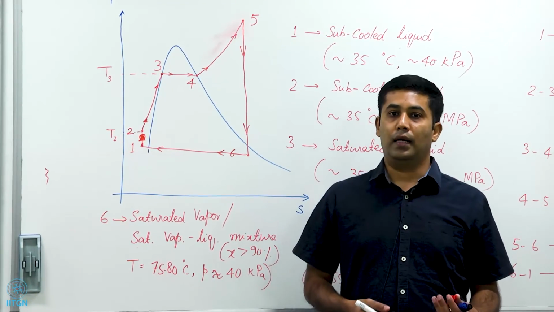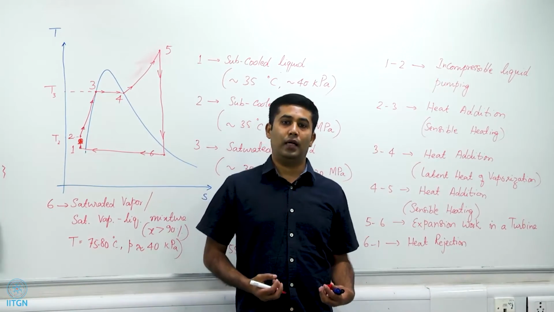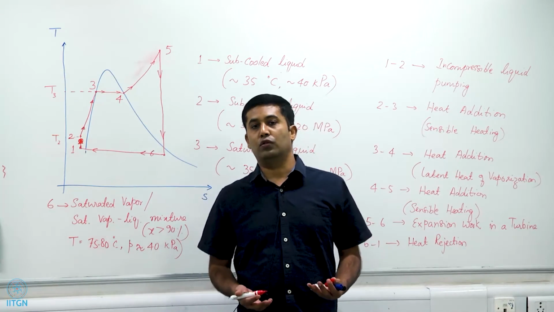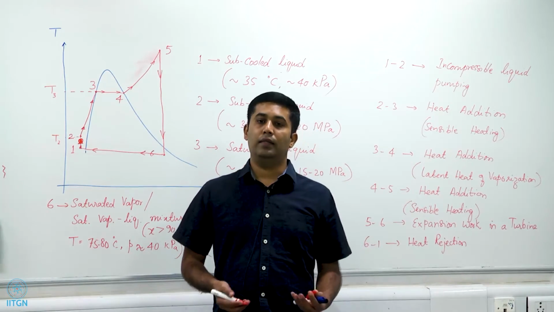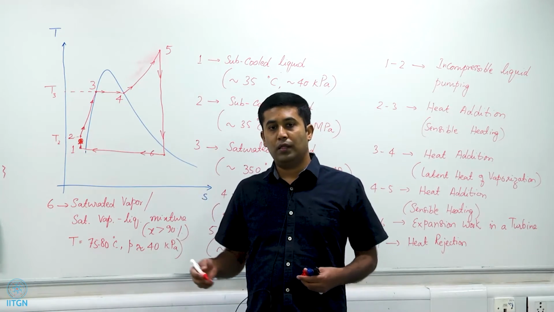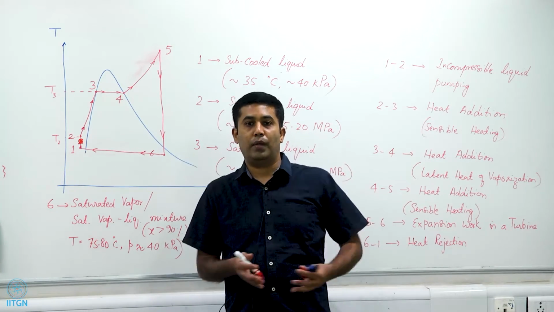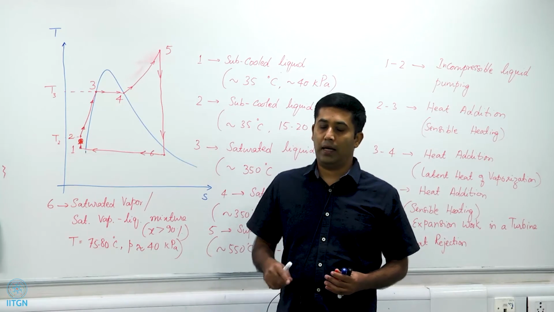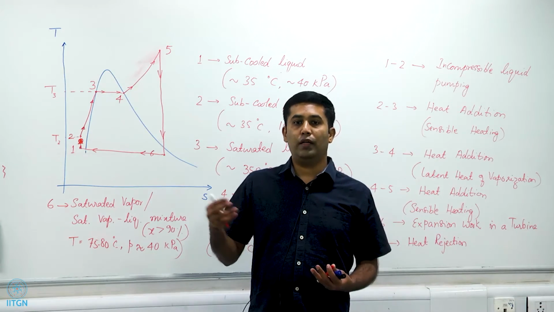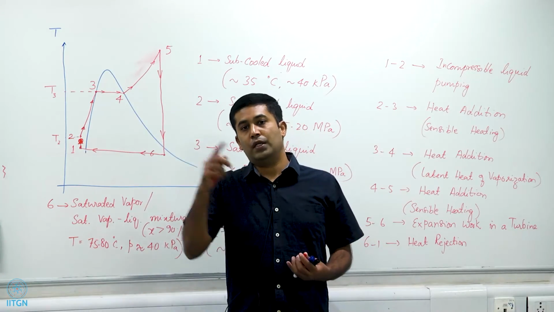In other words, it's a latent heat of vaporization, or you can say latent heat of condensation, that is then rejected to the outside, most likely to the atmosphere, sometimes to rivers and to oceans. This heat is rejected, and so the fluid comes back to state 1, and this is not as if a mass of fluid is taken from 1 to 2, 3, 4, 5, 6 and back to 1. It's a continuous process in the sense that there's always fluid at state 1, there's always fluid at state 2, 3, 4, 5, 6 and so on, and there's fluid everywhere in between, which means that fluid is always continuously